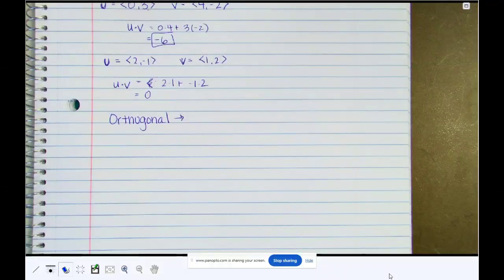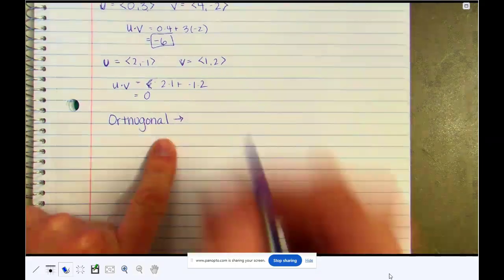So what's the root word? Ortho. Orthodontist, or orthopedic surgeon, right? Or you have doctors that are orthopedic doctors. So what do you think ortho is? Straight. Ortho is about straight. So I was like, oh, that's interesting. So orthogonal means that